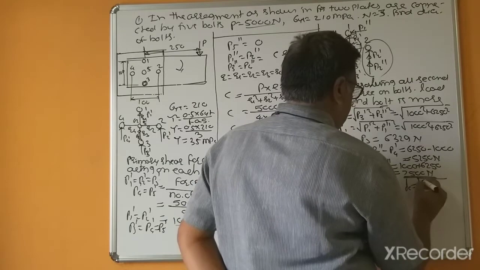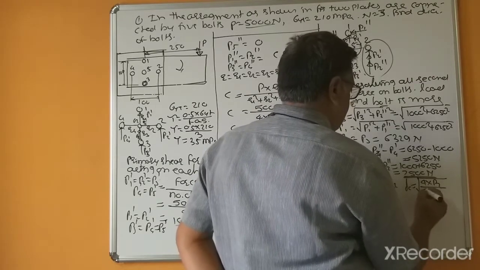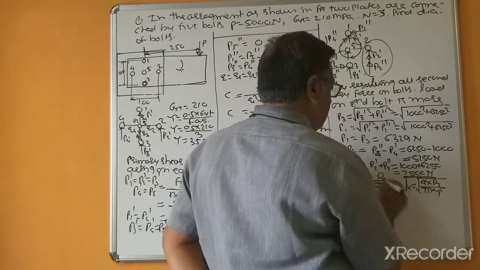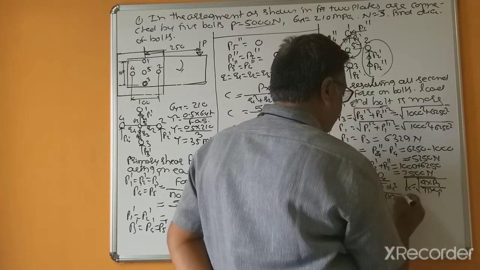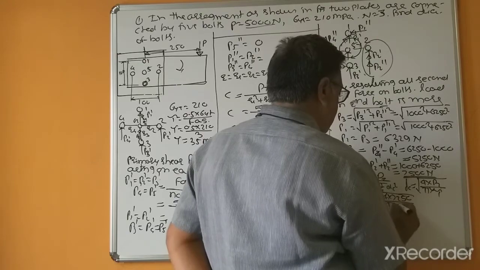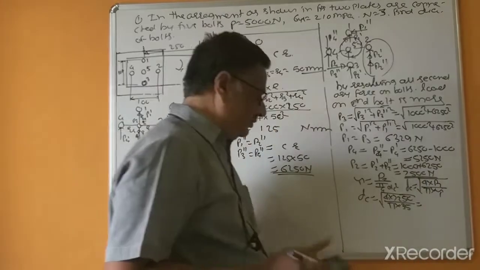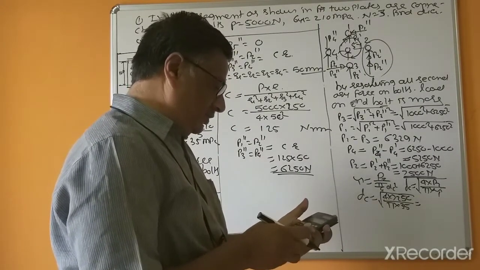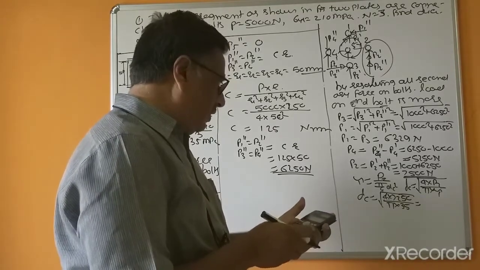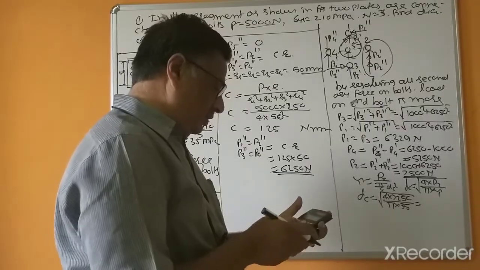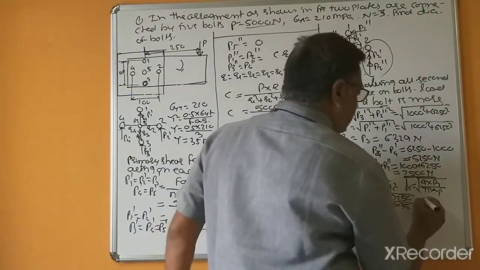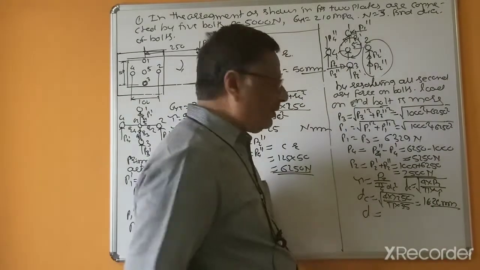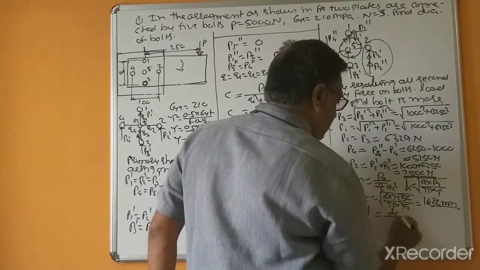to 4 into P2 divided by pi into tau. So directly 4 into 7250 divided by pi into tau equal to 35. 4 into 7250 divided by pi divided by 35 under root, and this is 16.24 mm, and D is the diameter of the bolts, and this is equal to, having empirical relations,